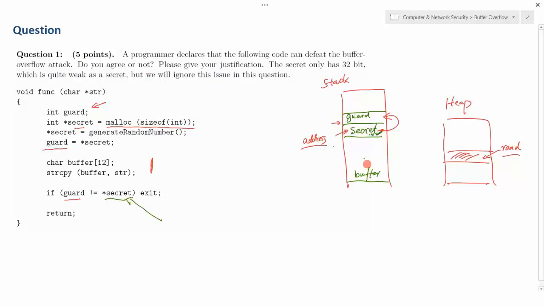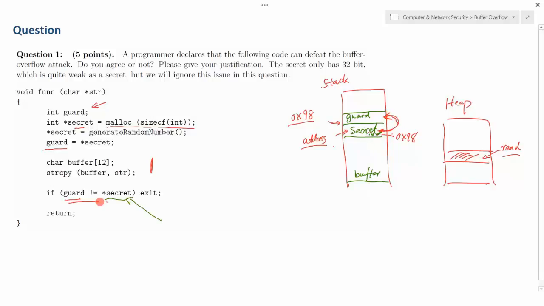When I overflow this secret field, if this address is 0x90, 90 is a no-op, so I'm going to put 0x98 inside. And now this secret is going to point to this guard.